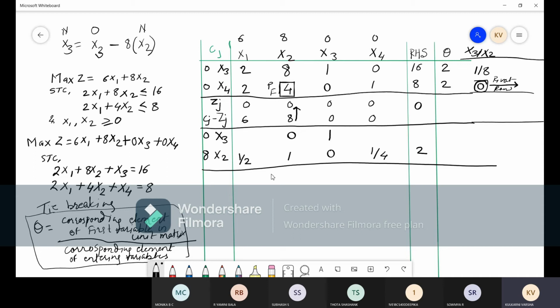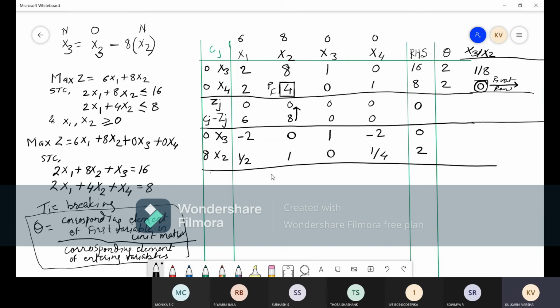Okay, we are getting it. So let us use the same formula for this. 8 into half, so it is 4. 2 minus 4, so it is minus 2. Right? Then going for this, 8 into 1 by 4. So 8 into 1 by 4, it will be 2. And then 0 minus 2, so it will be minus 2. Same thing we'll do here also, the RHS also. So 8 into 2, 16. 16 minus 16 we'll get here 0. So we are getting RHS equal to 0. Fine. So we got x3 now, right?